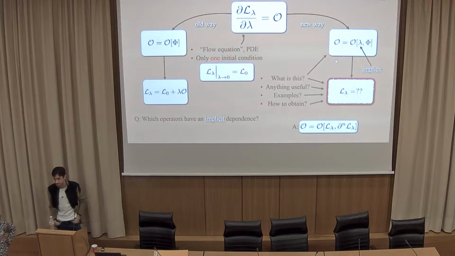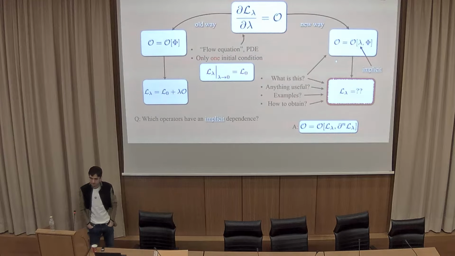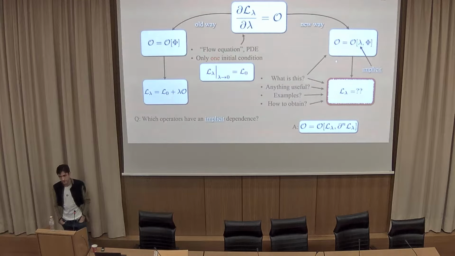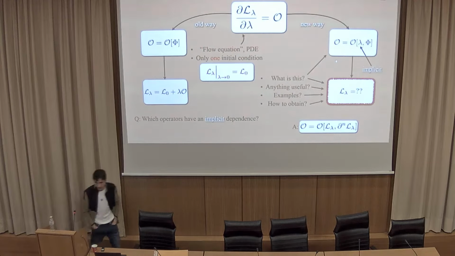I can give you, for instance, as an example, some operator which has some lambda dependence. Explicit or implicit? Explicit. They don't get this. It needs to be implicit. If I give you explicit, then probably you can integrate. Yeah, you can integrate and find something. Then what could be different with that?